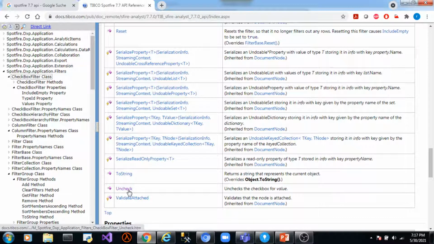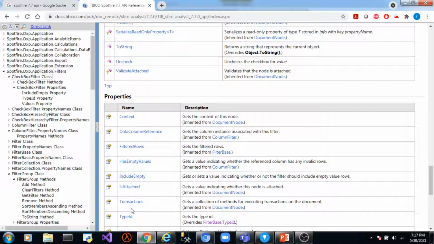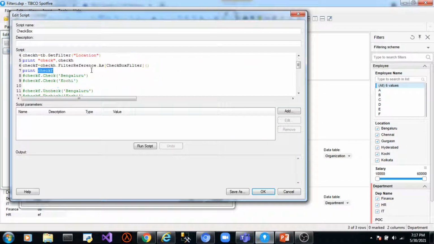Uncheck will uncheck a value in a checkbox filter. Then we have these properties, include empty transactions. We won't use these. Type will return the type of the filter. Values will return the values which are checked. Has empty values will return if it contains empty values. You can try these properties and see what type of value it returns. Okay. So let's try out two methods, checking and unchecking.